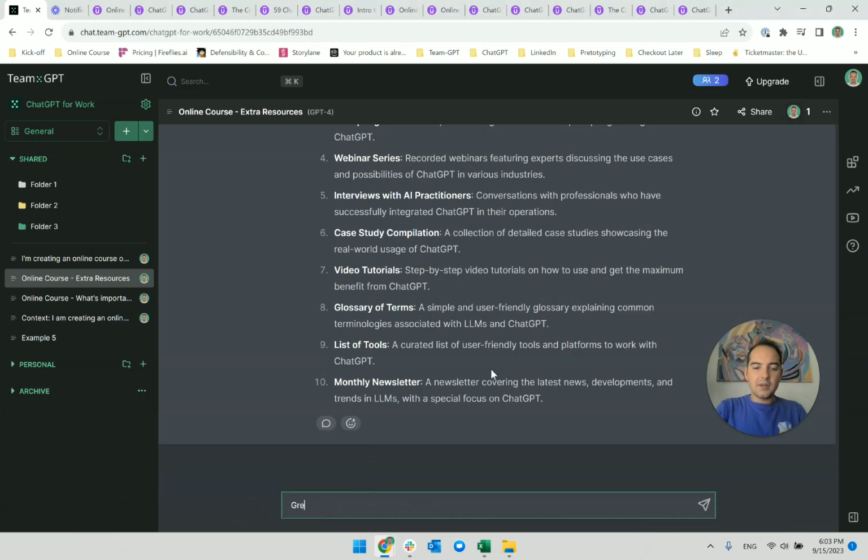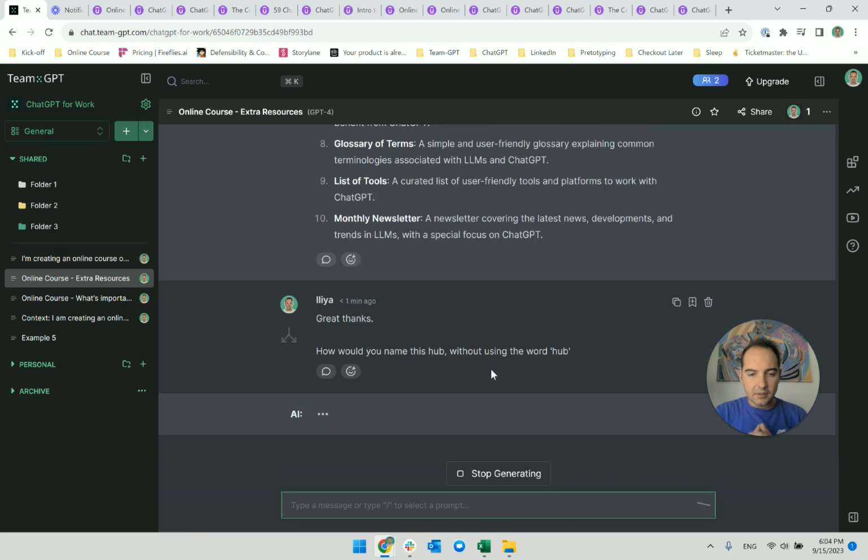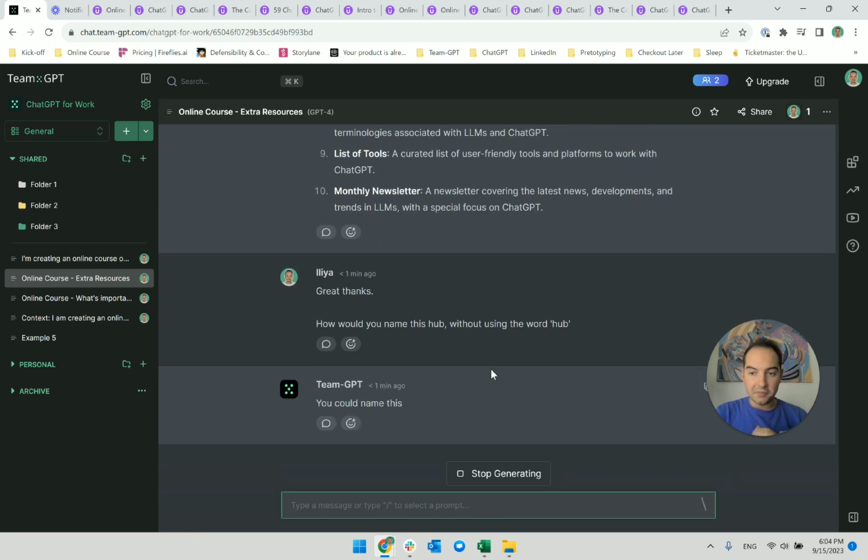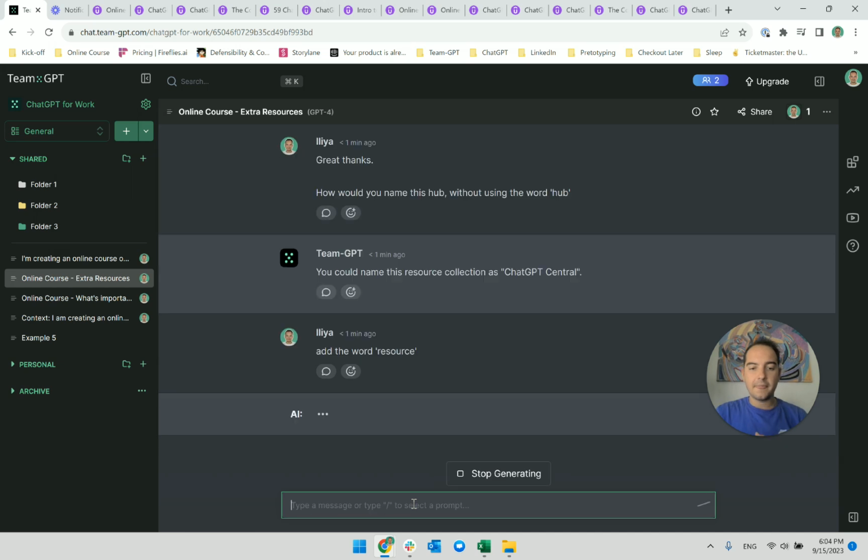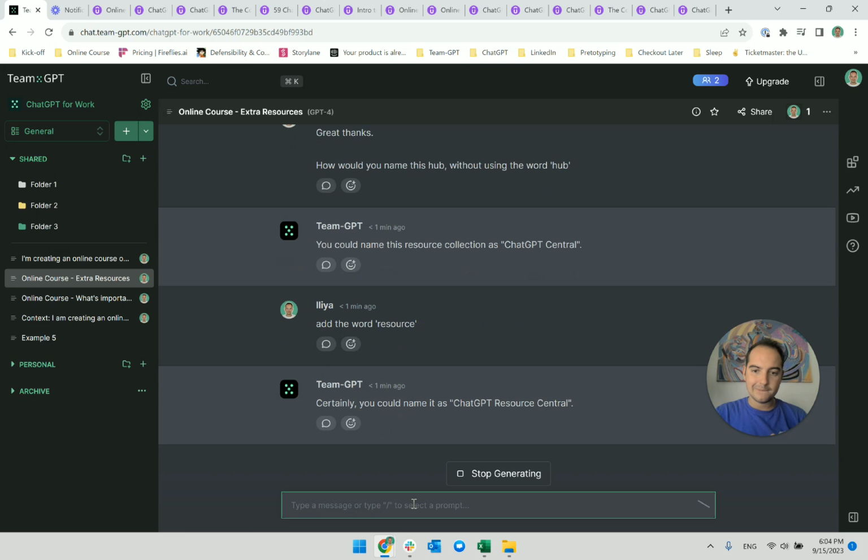I'll ask ChatGPT for a name. Great. Thanks. How would you name this hub without using the word hub? Didn't quite like it. Repository, repo. ChatGPT Central. Add the word resource. Resource Central.